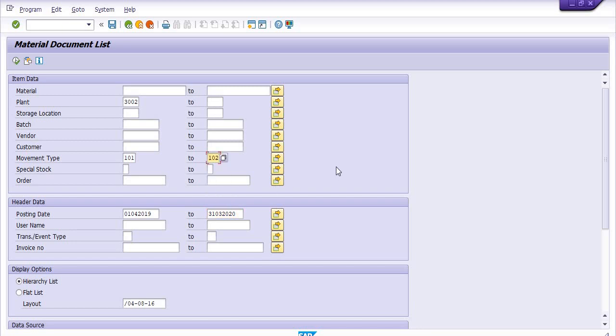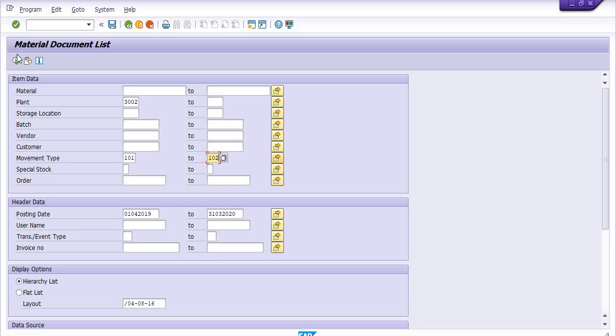Once we purchase any quantity from the vendor, we prepare a purchase order. We issue the purchase order to the vendor, and with respect to this purchase order the vendor supplies the inventory or material, and we receive that in our system using goods receipt against the purchase order with movement type 101.